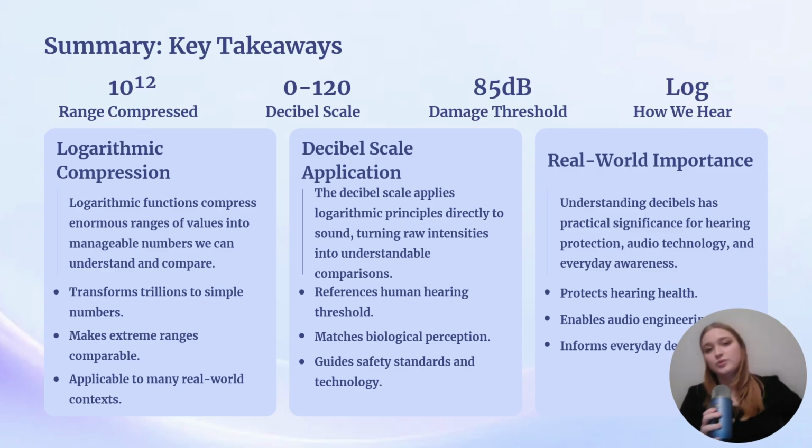So we can go back to our example of a jet engine. The intensity is about 1 watt per square meter. Divide that by the reference intensity, so 10 to the negative 12th. That gives us 10 to the 12th power. The log of 10 to the 12th is 12. Multiply by 10, and we get 120 decibels of pure hearing damage. So yeah, hopefully this makes it where you understand the concept a little bit better and are able to do the math on your own.